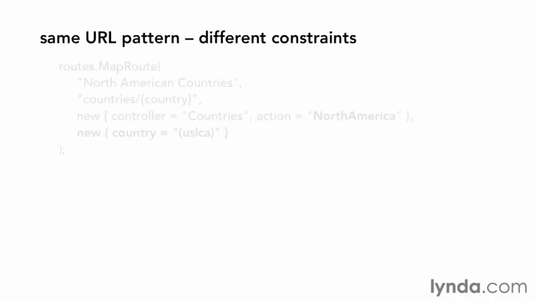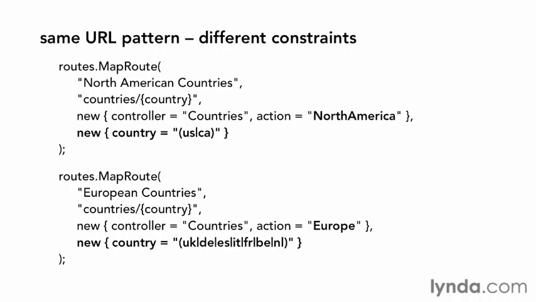Using regular expressions to define constraints gives you an immense amount of power over the placeholder values your routes will accept. If a constraint is not met by a route, the routing engine considers that route not to be a match and continues enumerating through the routing table, looking for the next matching route. Knowing this, you can actually use constraints to help you resolve scenarios where you have identical route URLs that you want to resolve to different controllers or actions. For example, here are 2 routes that use identical URL